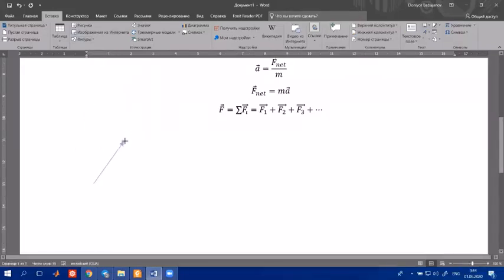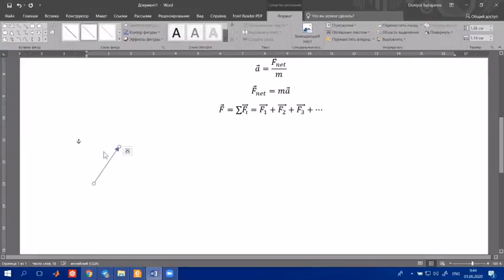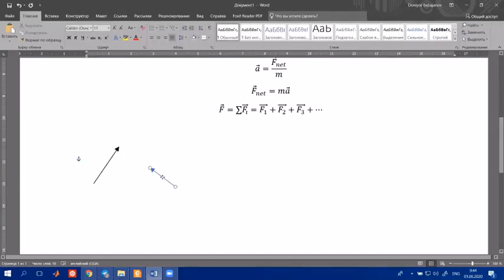If we have force vector 1, force F1, and vector 2, for example, this vector. We have two vectors. In order to add these two vectors,